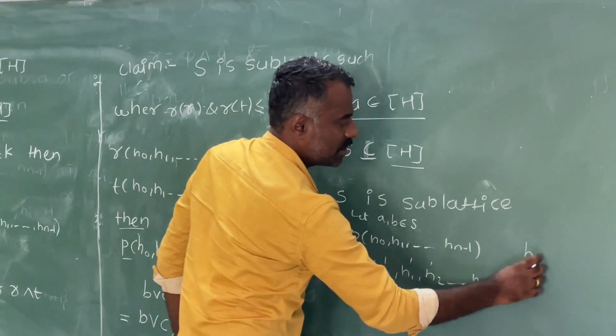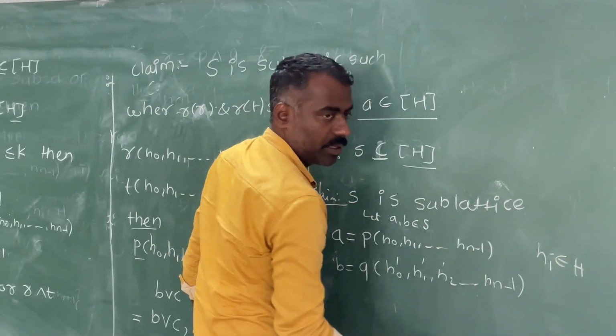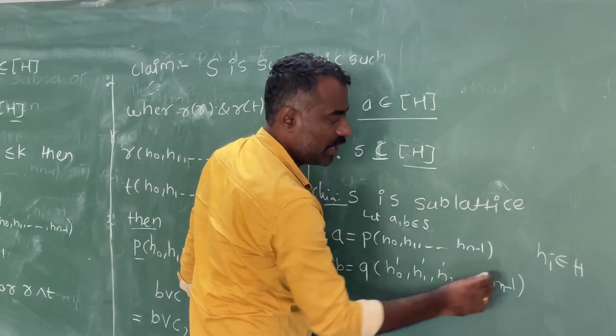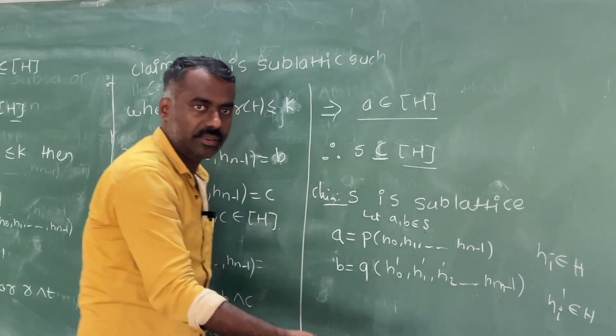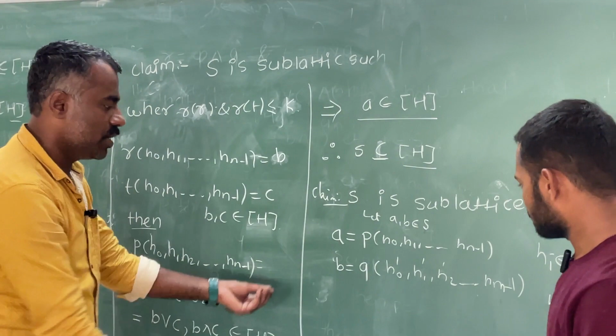So here the h_i's are in H. This need not be n, it can be m. Similarly, the h_i primes are in H. Is this clear? Now somehow we want to show that